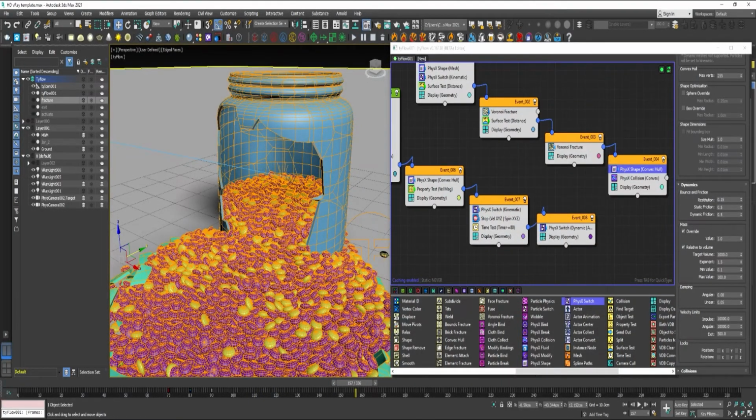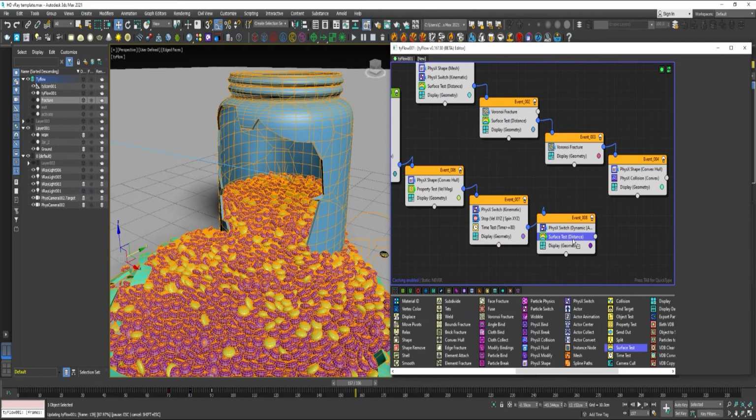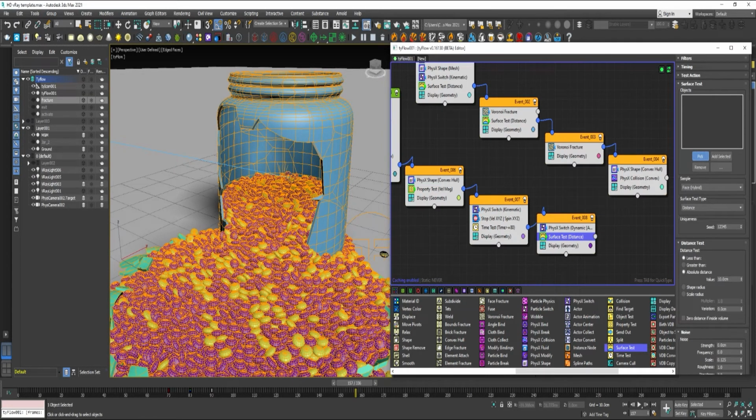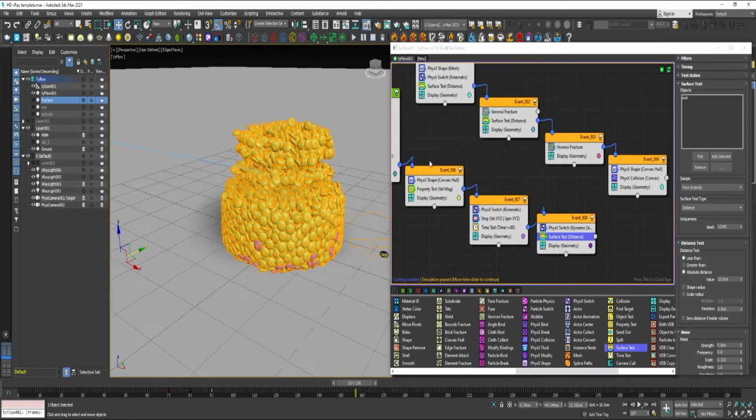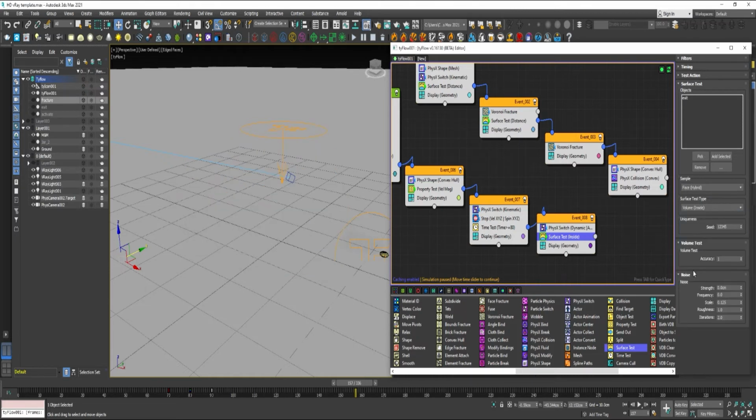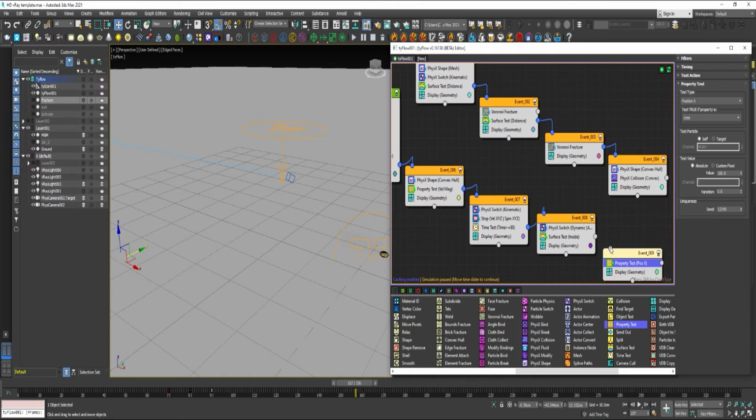And once some of these particles have made it out here, we no longer really need them to be activated. So we can use a surface test and pick the exit object. Let's do that right now. Change the test type to volume inside. And now when particles exit the jar and pass through this tube, we can send them to a new event